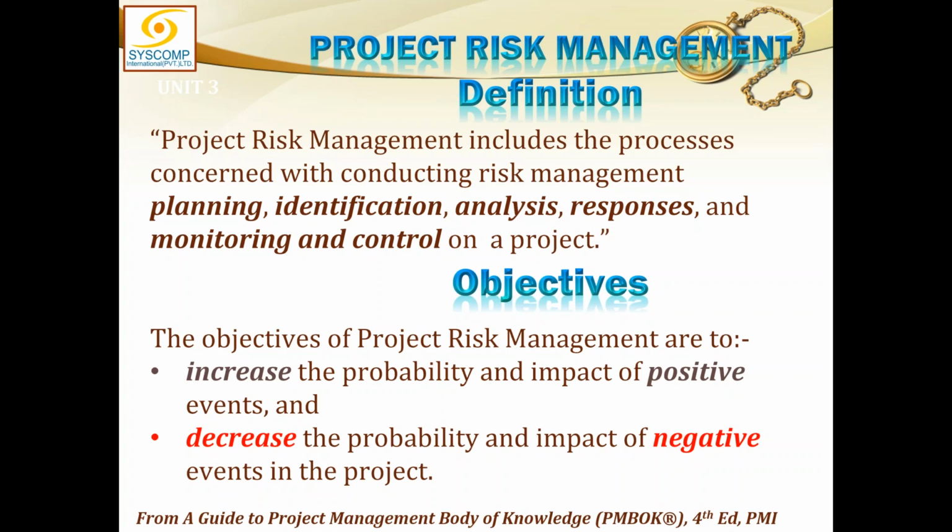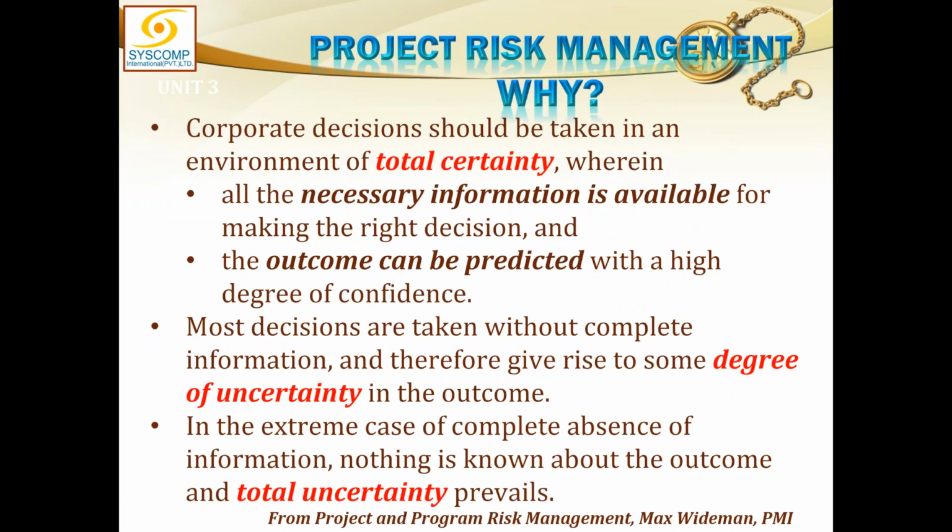The overall exposure of the risk can be reduced or increased by varying the probability and impact. You understand, if they are multiplied with each other, then if probability is decreased, you can decrease the overall exposure. If impact is decreased, you can decrease the overall exposure. And if both are decreased, then there is a great change in exposure. So you can increase the probability and impact of the positive events because you like to have those opportunities coming your way, and you can decrease the probability and impact of the negative events because they are harmful to you. So this is the basic objective of project risk management, that we want to increase the positive side and decrease the negative side. Why do we do that?